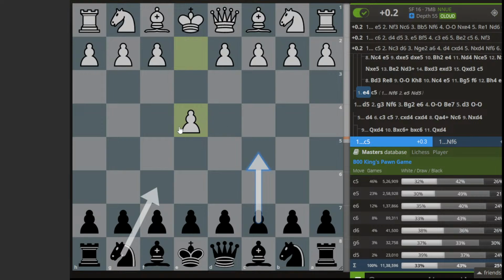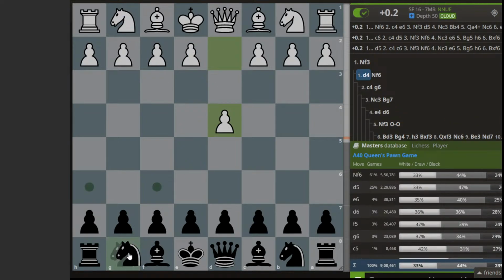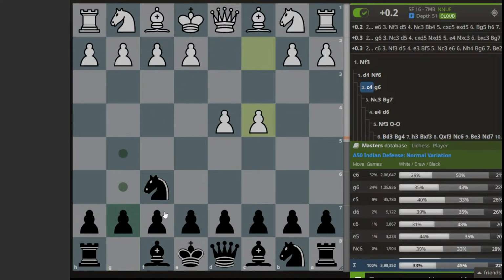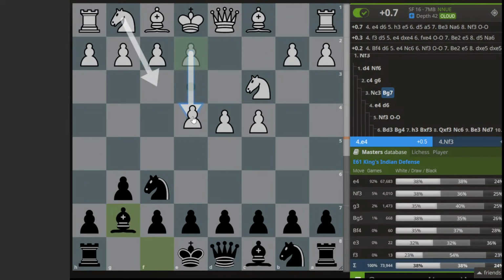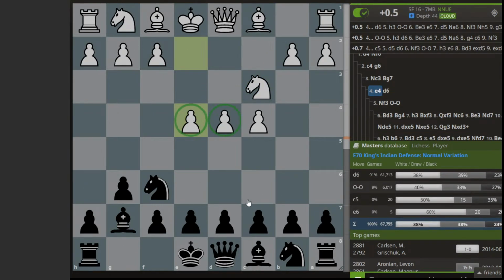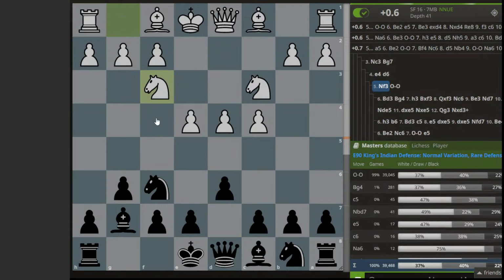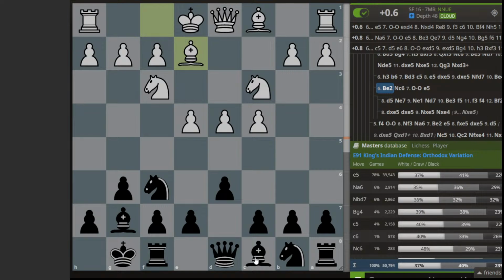So e4, probably you don't have that knight to f6 move so soon. But after this move, d4, you can definitely go for this King's Indian, and after this you can play this, and most probably white can go for the center, and then you can go for this d6 move to open this bishop. And then white can try with this knight f3, you castle, and bishop e2 is the option. Then